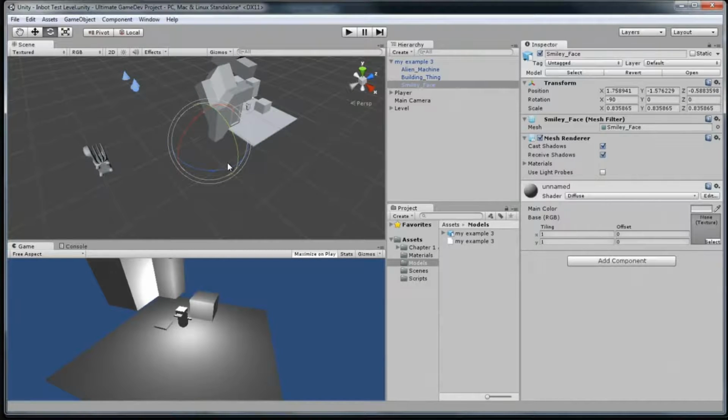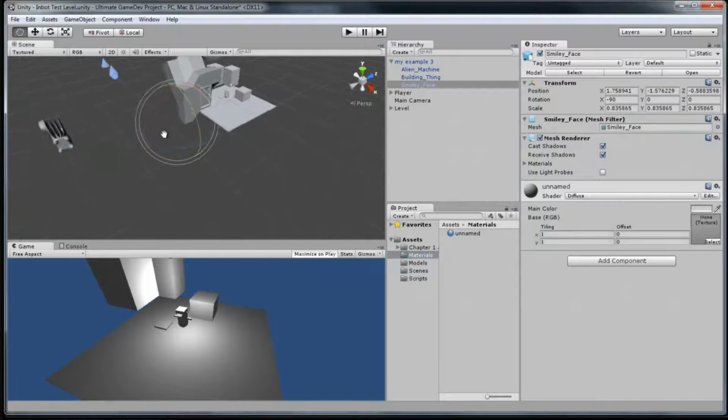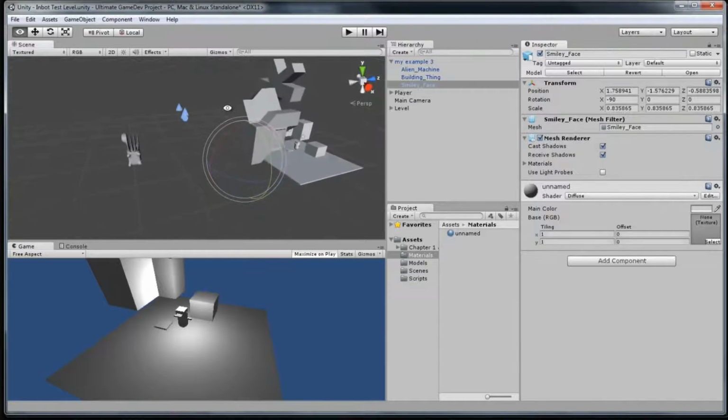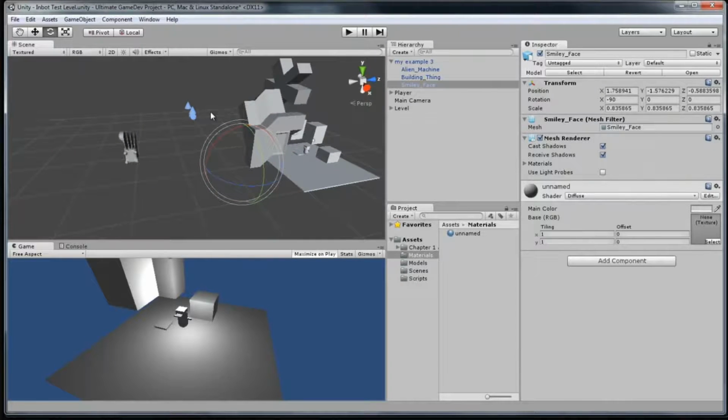But just to give you a heads up, I want to talk about textures and materials and exporting Unity packages, which I do talk about more in chapter 1 of this tutorial series. So if you want to go back and learn the Unity basics, I will talk about this in chapter 1. But one thing I want to talk about is, as an artist,